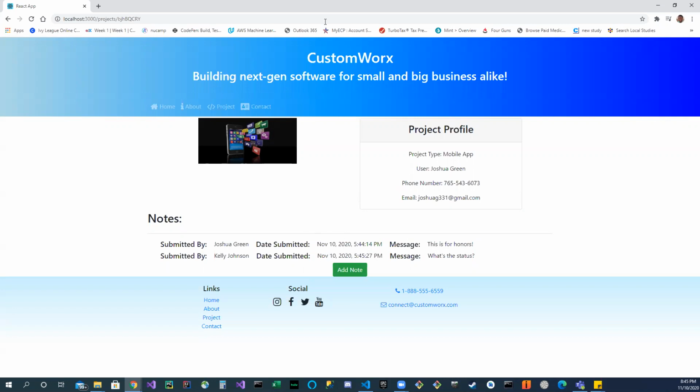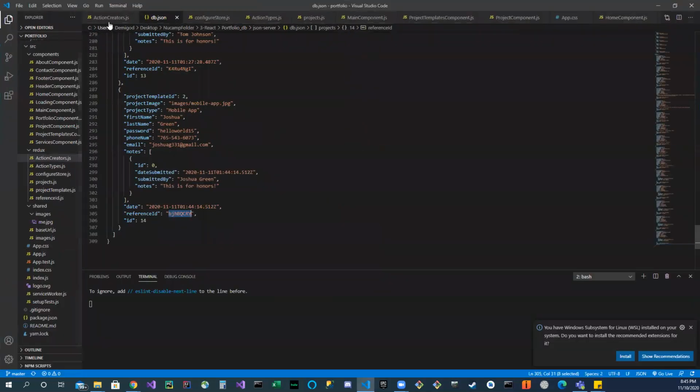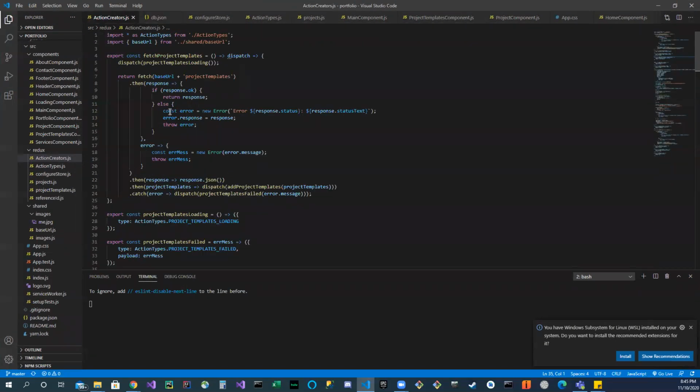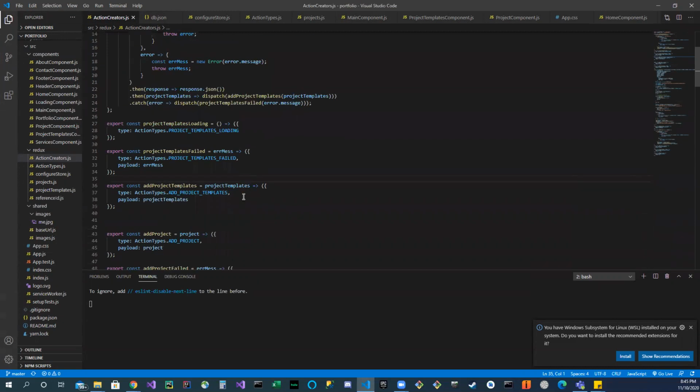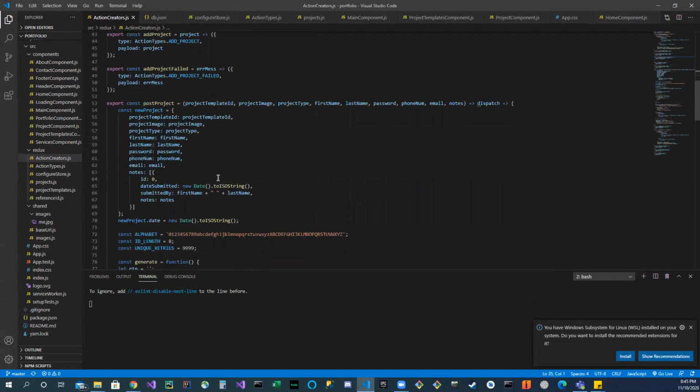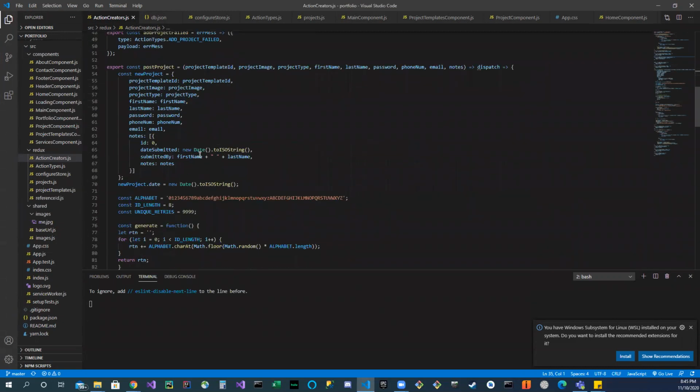So that's my project. I had particular issues with setting up the Redux store and getting the action creators and action types situated. But I eventually got the hang of it. The main problem was trying to get a reference ID. I wanted a reference ID to